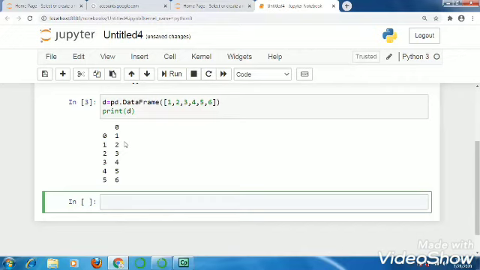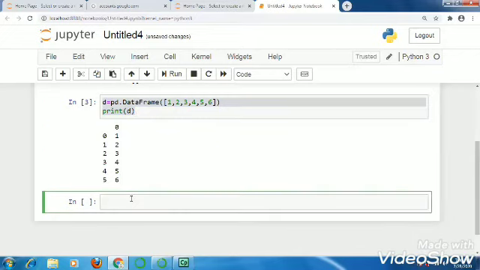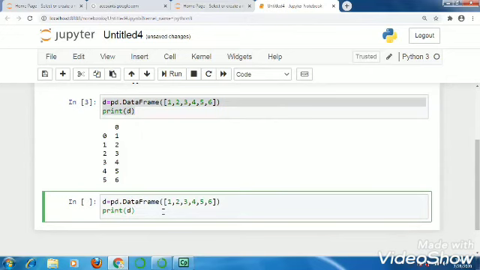So now let's create a data frame having multiple columns. For that we need to give multiple lists here. So this is our first list, and for the second I am writing, suppose, 7, 8, 9, 10, 11. Here the number of elements must be the same in all the lists.